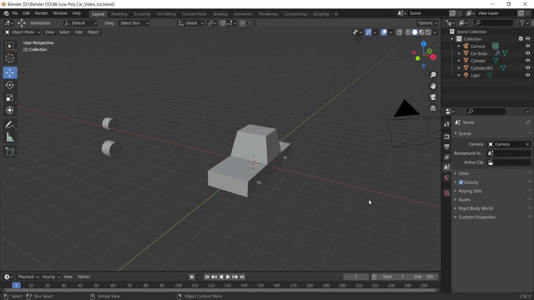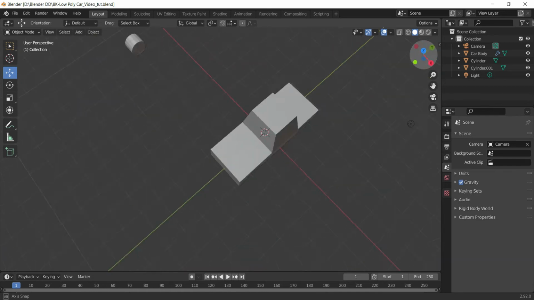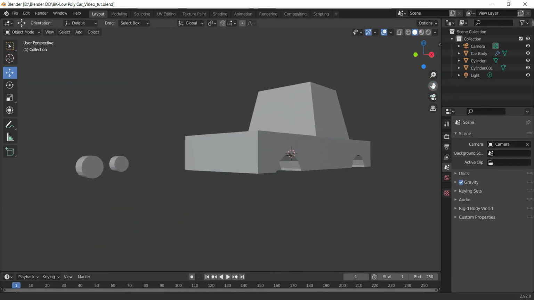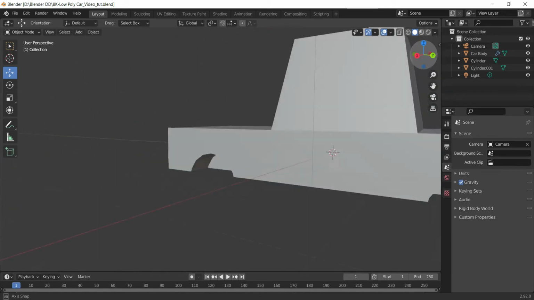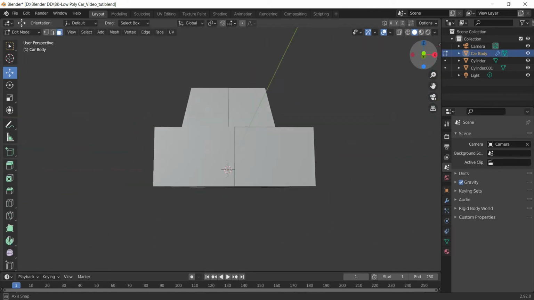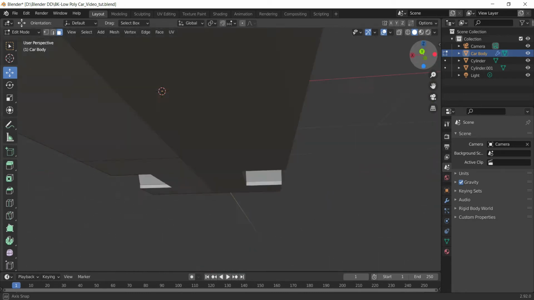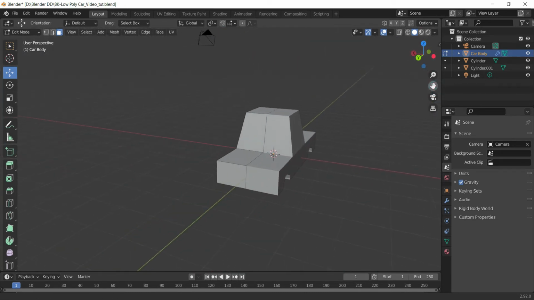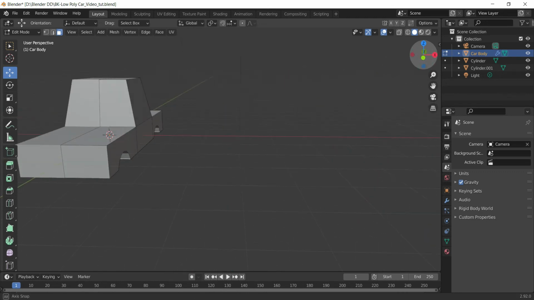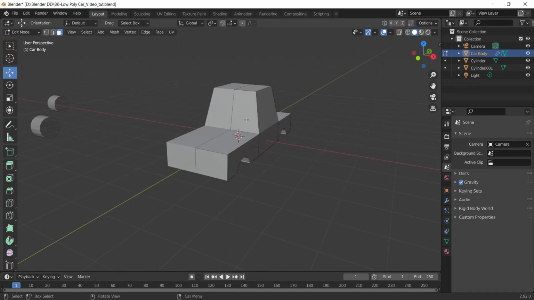Hello everyone. So in this video we will proceed ahead from where we have left off in the last video of this low polygon car modeling. Up until now we have given a basic shape to the car and we have made grooves on the car as you can see, and we have mirrored our car and we have generated a half body of the car so that we should not spend much time on the modeling to do on the whole car. Instead, just do it on the one side.